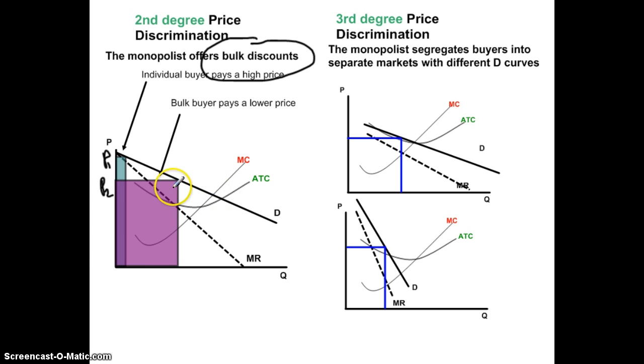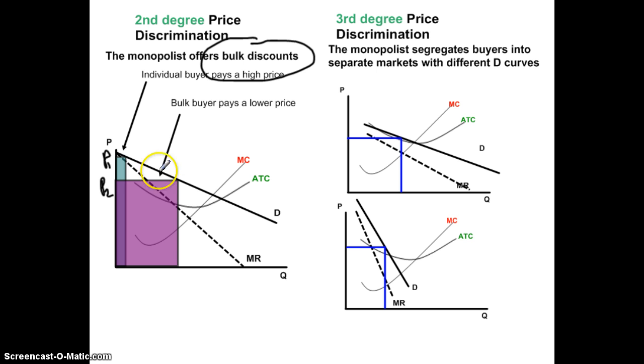Now, it's possible that the bulk buyer will buy a lot and turn around and resell it at a higher price. But the monopolist doesn't really care, because it's actually saving them as well. Their average total cost is lower out here. So essentially, rather than being able to charge every individual what they're willing and able to pay, they